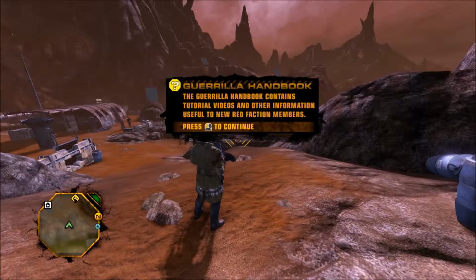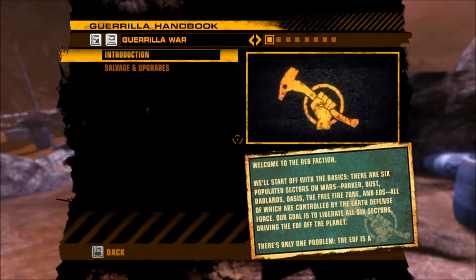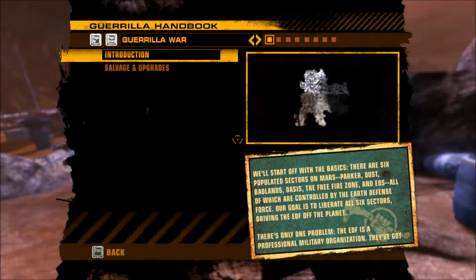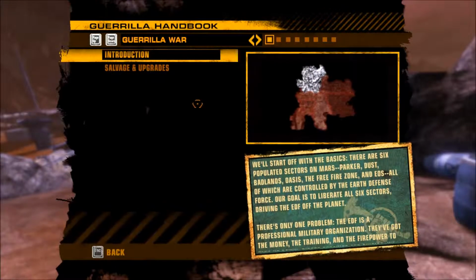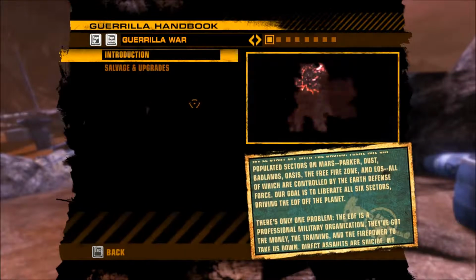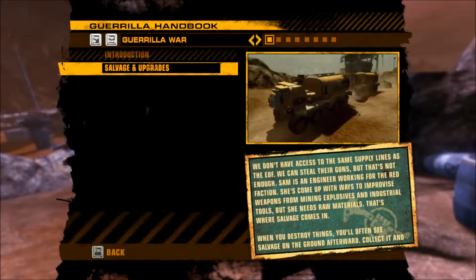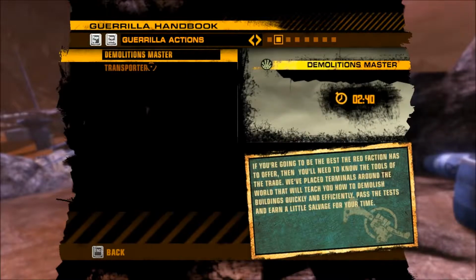Yeah, this is the part that I mean. I'm just gonna skim over some stuff. You can pause if you want to read the different sections. There are 6 populated sectors on Mars: Parker, Dust, Badlands, Oasis, the Free Fire Zone, and Eos. But since I already know all of this, I don't want to get into the gameplay. We don't have access to the same supply lines as the EDF. We can steal their...